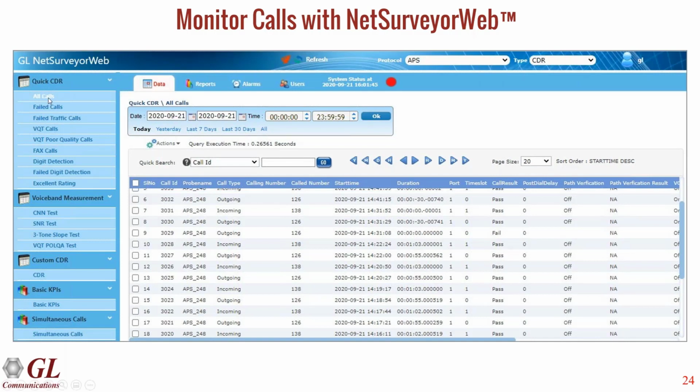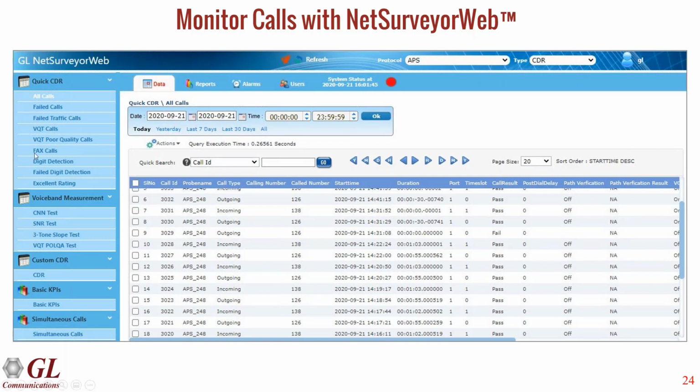On the left-hand side, you see a lot of other possibilities. Right now we're viewing all of the calls, but you can also view failed calls, and voice quality testing calls, meaning on that call we conducted a voice quality test, so you can get the results of that test and display those.